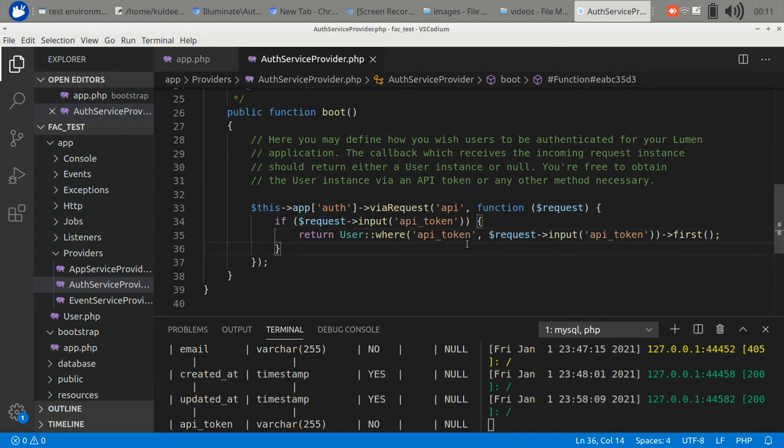If it finds one, then the user will be authenticated, and if not, then it returns null. So after this setup,